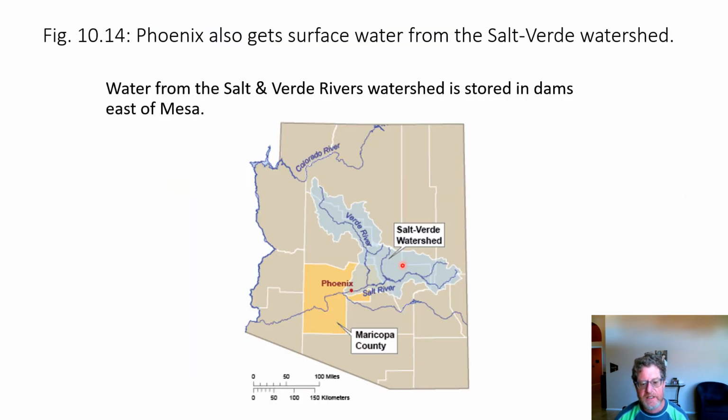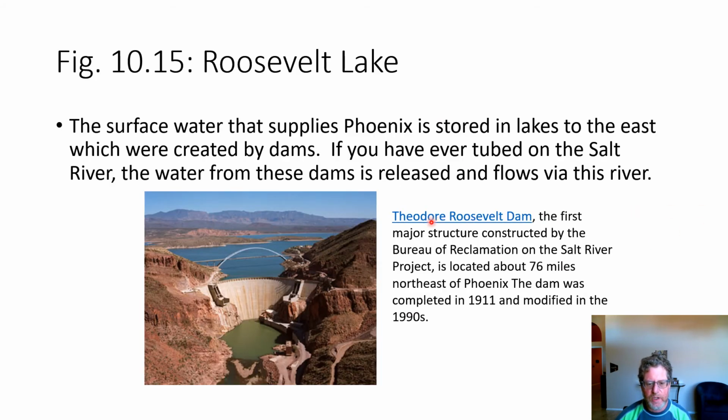Okay, besides getting water from the Central Arizona Project, we also get water in the Phoenix area from the Salt and Verde River watersheds. So if you go east of Phoenix, there are dams that are holding back that river. And if you've ever tubed along the Salt River, that's release of that water from the Salt and Verde watershed from these man-made lakes. So one of the biggest man-made lakes is the Theodore Roosevelt Dam, which holds back Roosevelt